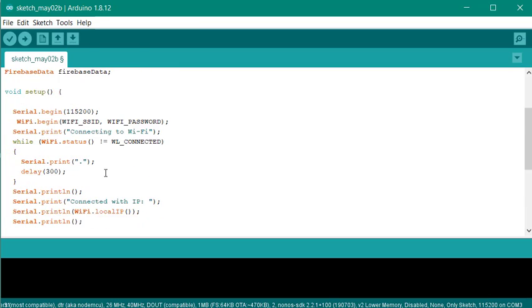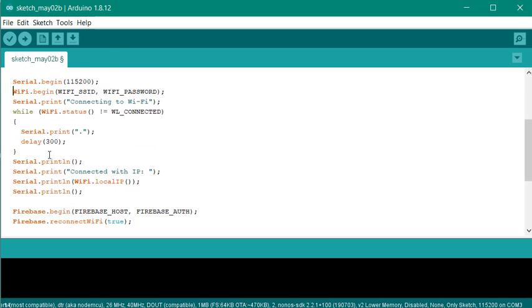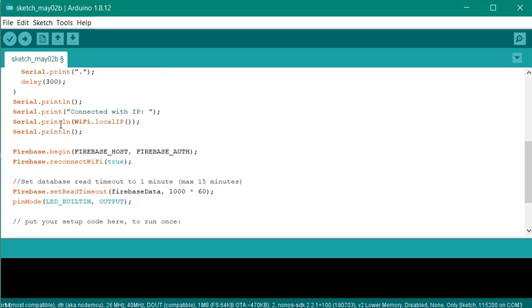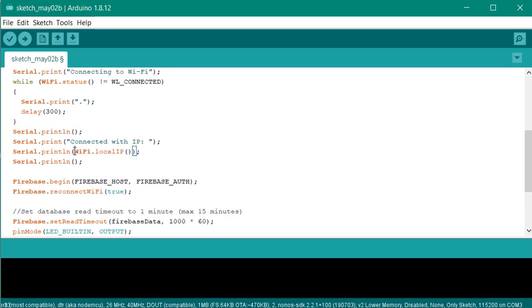So this is the setup part. Here you can see I am beginning the baud rate, which is 115200 in the NodeMCU case, and then I am beginning the Wi-Fi, providing the WiFi.begin function with our SSID and password. Here I am printing our Wi-Fi IP address in the serial monitor.